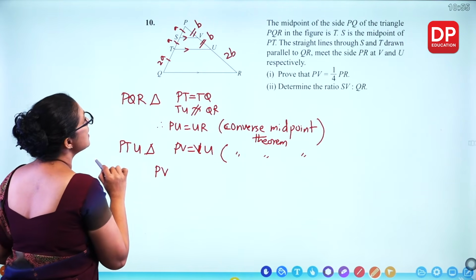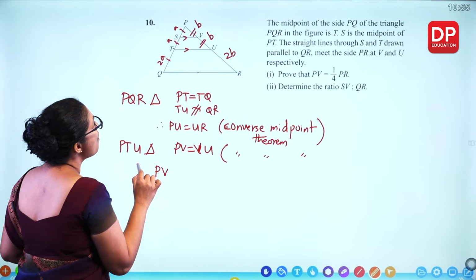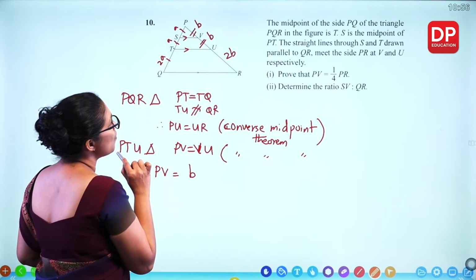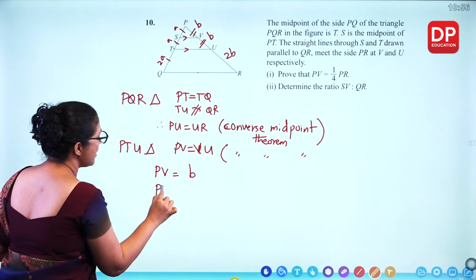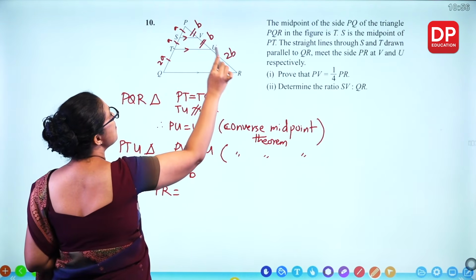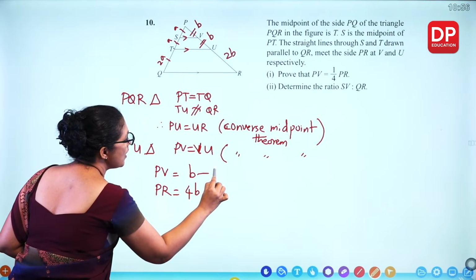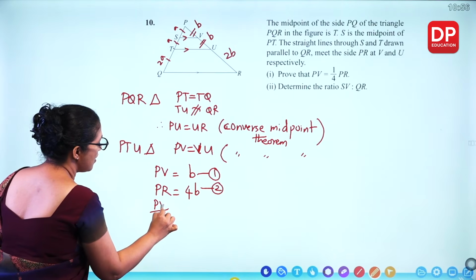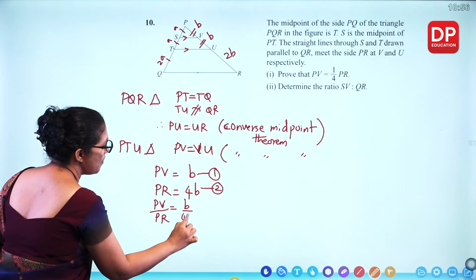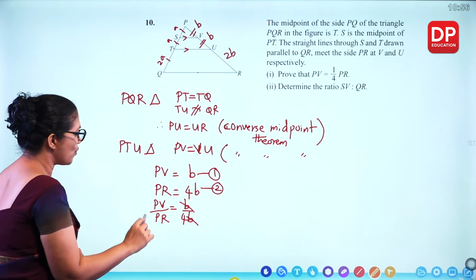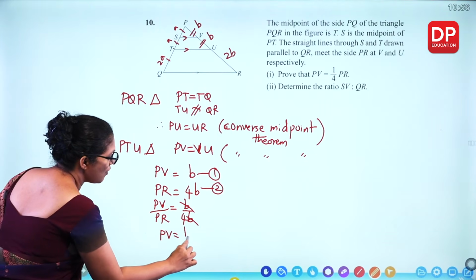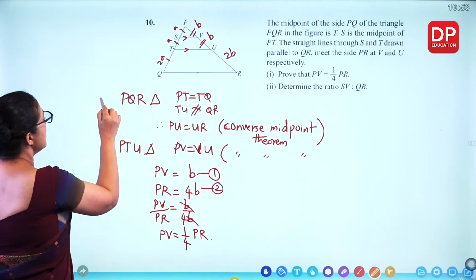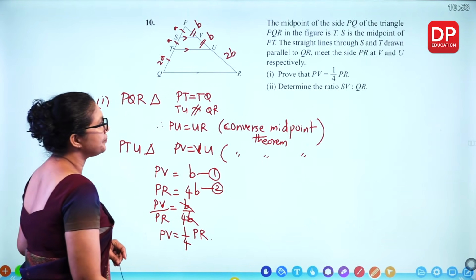PV is equal to B, and what is PR? PR equals B plus B plus 2B, 4B. So when you divide these two, PV over PR is equal to B over 4B. B gets cancelled out, you get 1/4. So what is PV? 1/4 of PR. That's what we need. Then the second part,